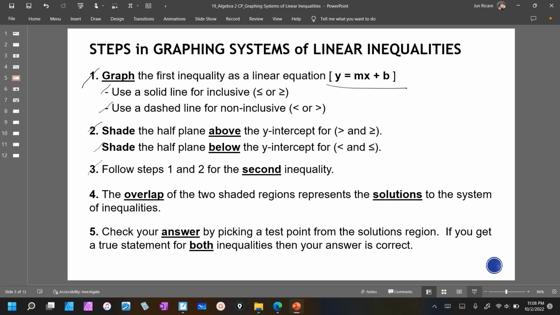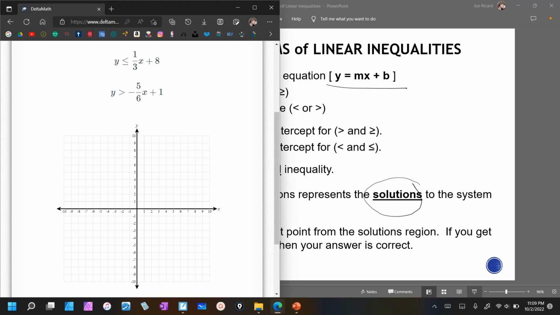Now once you've done those 3 steps, you will see that there will be an overlapping shaded region. You will see that later on in my example. The numbers in that overlapping region are what we call the solutions to the system. Any coordinate pair or ordered pair in the overlapping region is a solution. Check your answer by picking a test point from the solution region, and if you get a true statement for both inequalities, then your answer is correct. So the last step is just for checking. Okay, now let's answer this